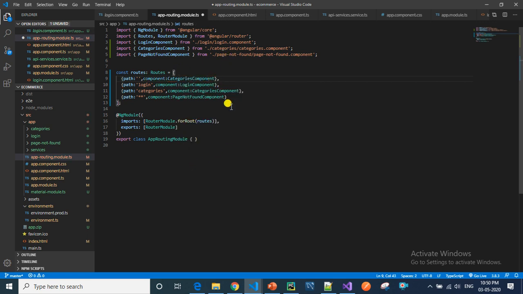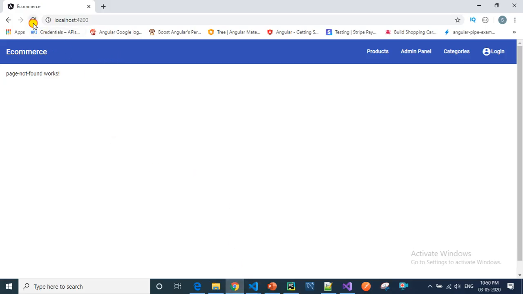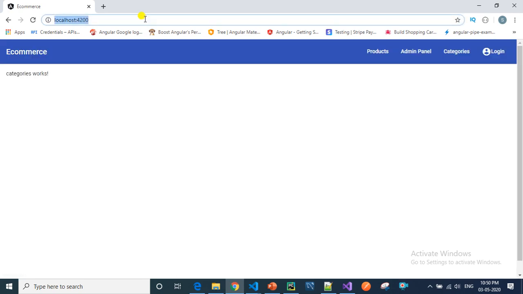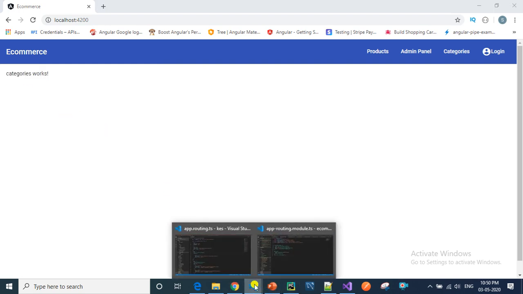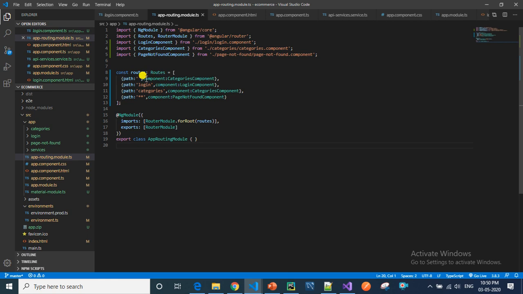Now let's check whether it's working or not. I'm saving this and opening the browser. You can see here that if the path is empty, it is going to the categories component. Instead of component, we can write redirectTo here. This redirectTo property will take any path.